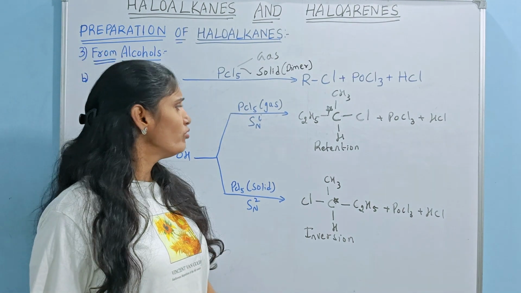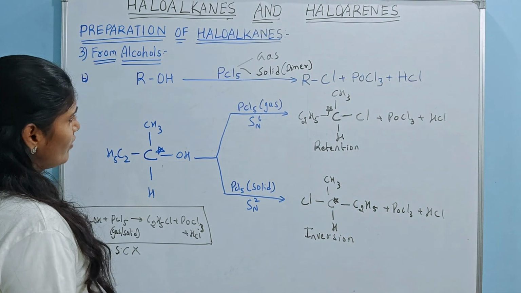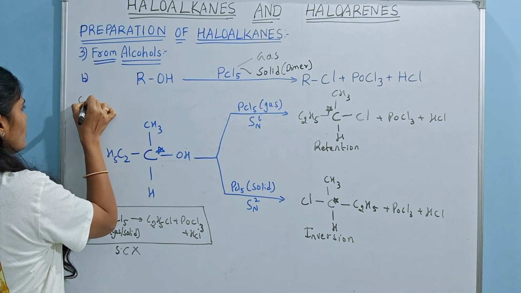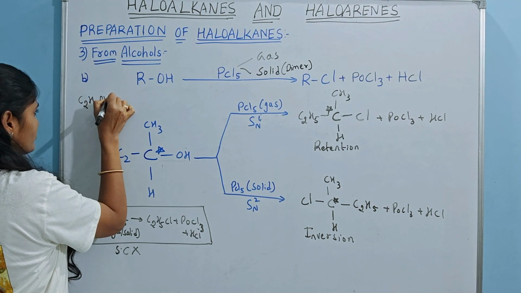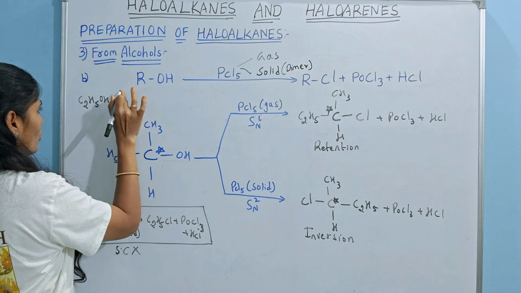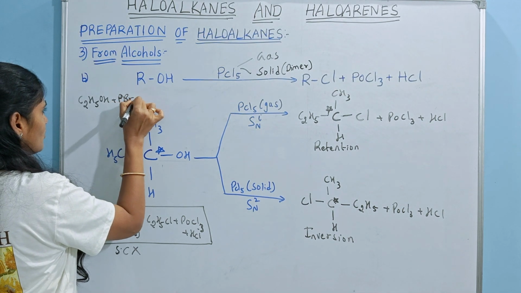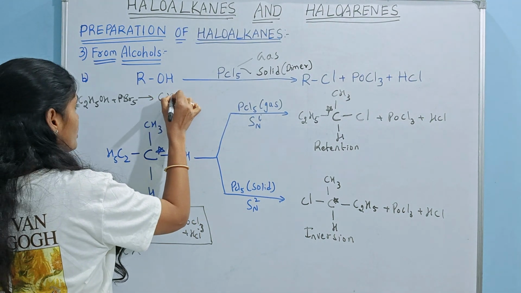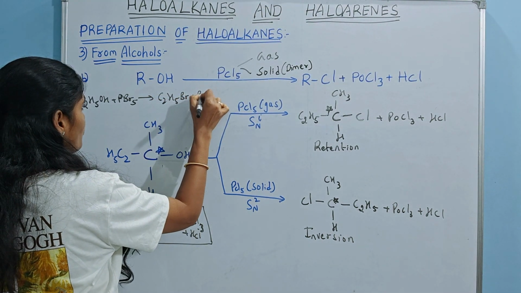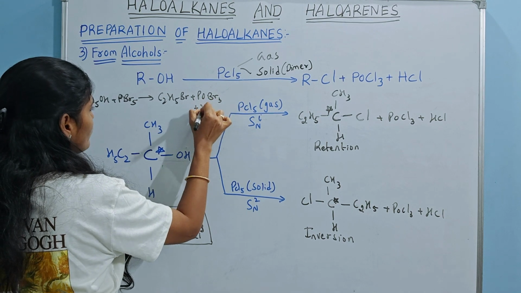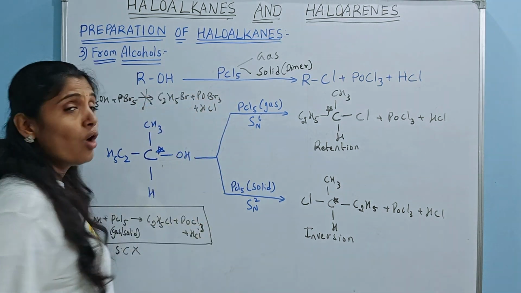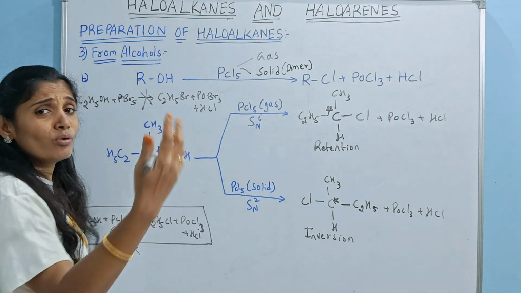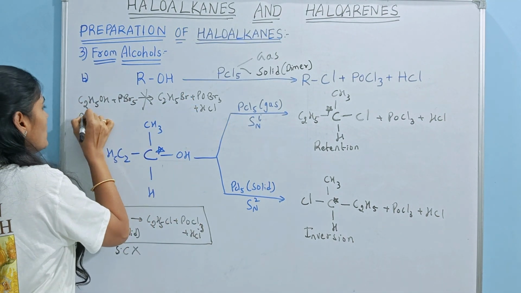Now, if in the exam you get a question like this, I'll take one more case here: C2H5OH plus PBr5. If you write the answer as C2H5Br plus POBr3 plus HCl, then this reaction is totally wrong. This reaction does not happen, because PBr5